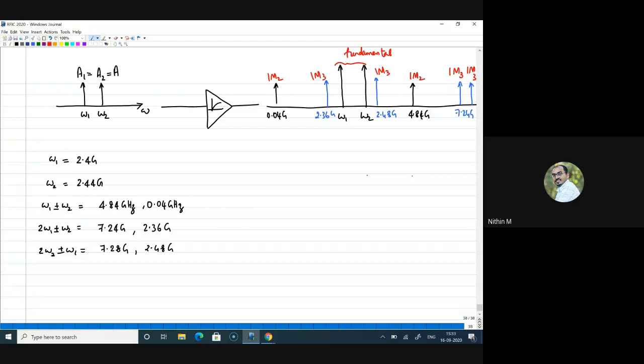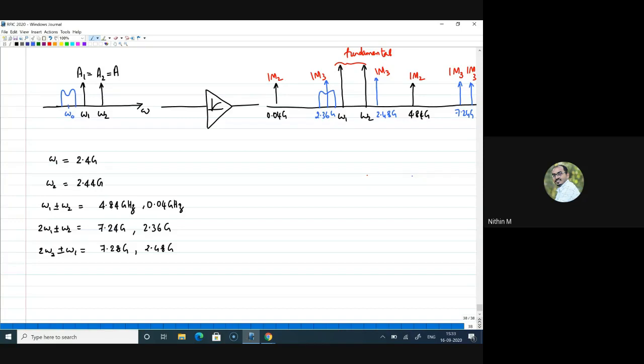Now to make the picture a little more clear, what we considered in the beginning is two interferers coming into a nonlinear system. But now if these two are interferers, and there is a desired signal which happens to appear at omega naught, and there are two interferers accompanying this desired signal, what happens? Omega naught will be falling somewhere here, right? Omega naught will be falling somewhere there with amplification, right?